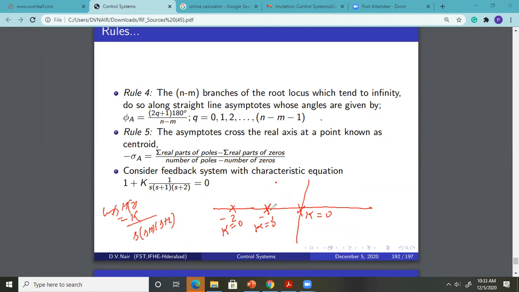Yes, sir. So naturally, when all of them are on the root locus, that means this branch that has originated here will be moving in this direction because these points are on the root locus. Are these points between minus 1 and minus 2 on the root locus? No, sir. So this branch has to move in this direction, and this branch has to move in this direction, right? How much each branch covers will be obtained by the breakaway points.